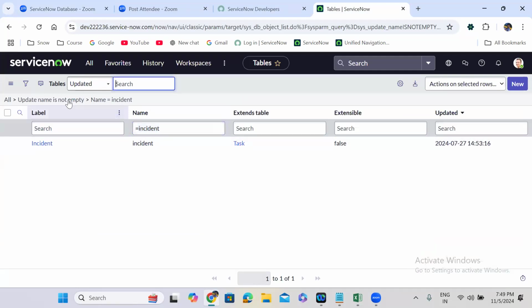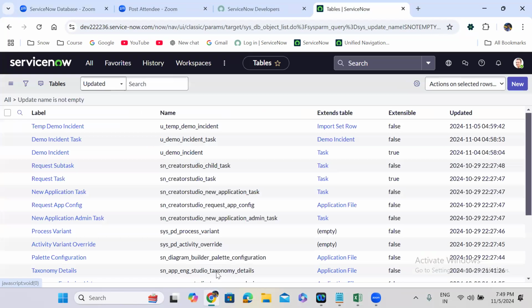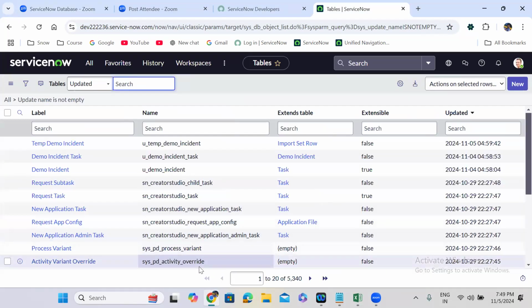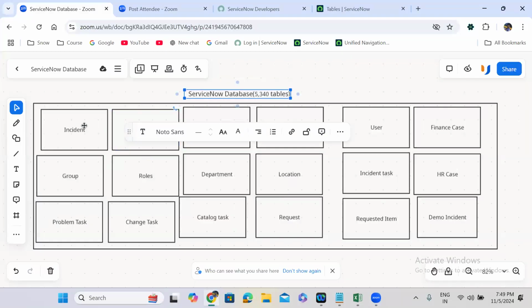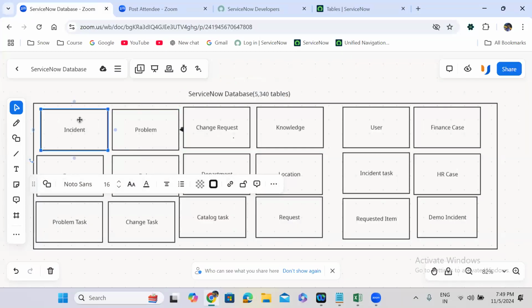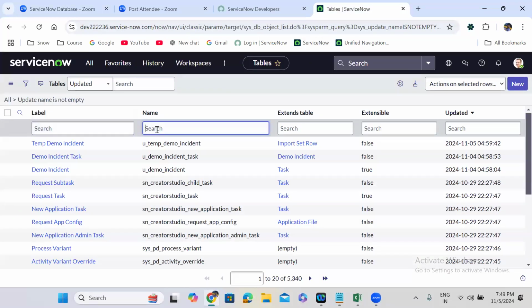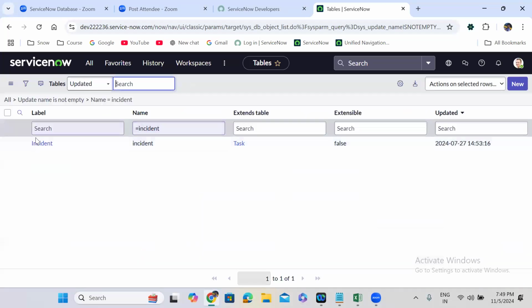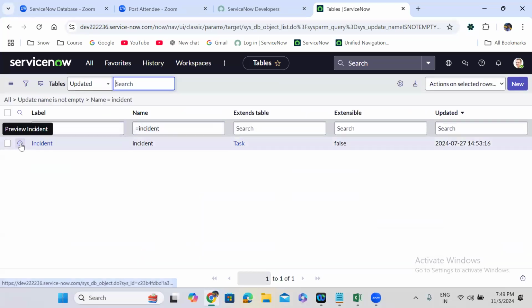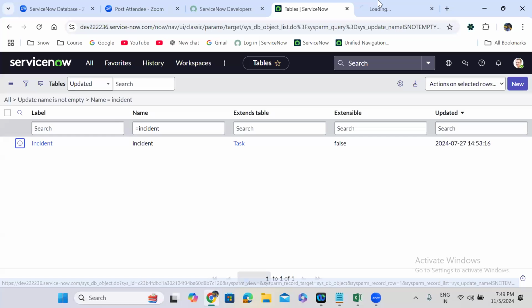So guys, in the database, we have a total of 5,340 tables. That is what I mentioned here. In each table, data will be stored in the rows and columns format. So what I am doing is, I am going to open the incident table. In this incident table,